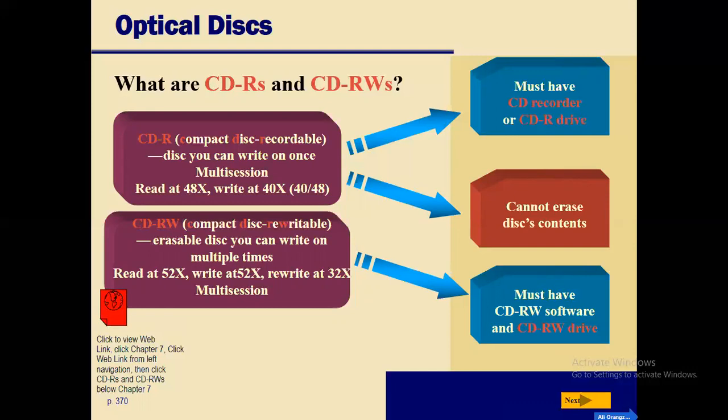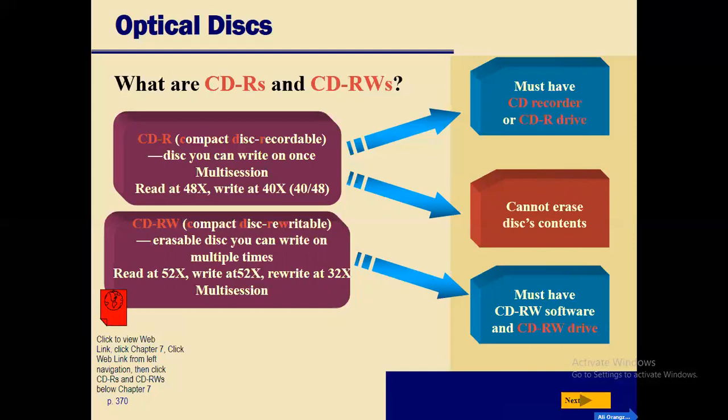The third one is packet writing, that is used to record the data to the CDR in packets, allowing extra information to be appended to a disk at a later time, or for information on a disk to be made invisible. This way, CDR can emulate CDRW. However, each time information on the disk is altered, more data has to be written to the disk. There can be compatibility issues with this format and some CD drives.